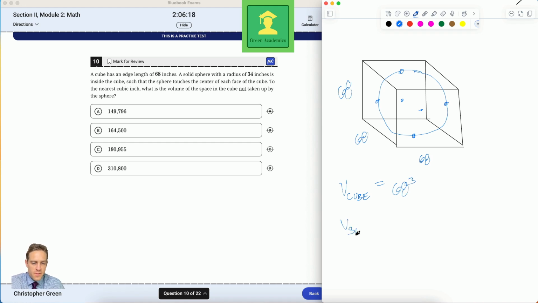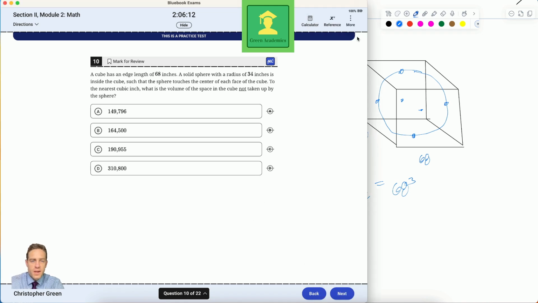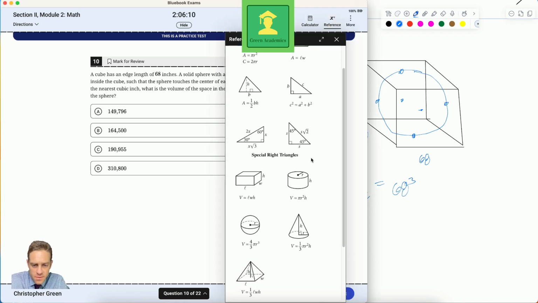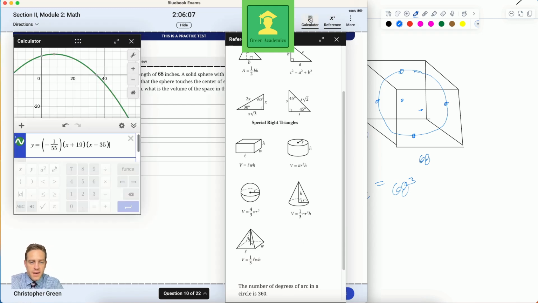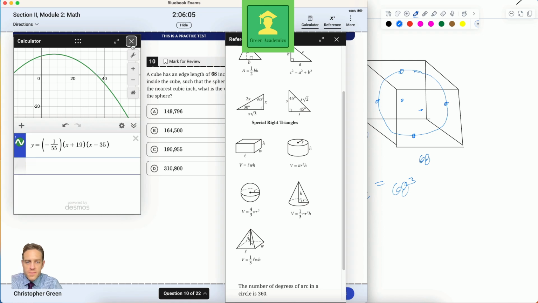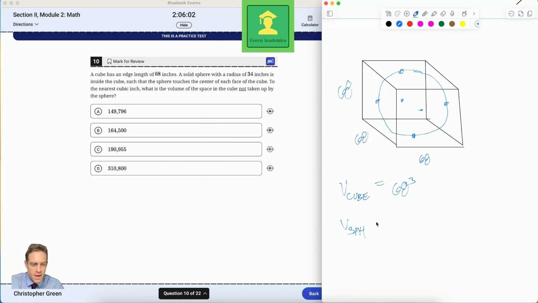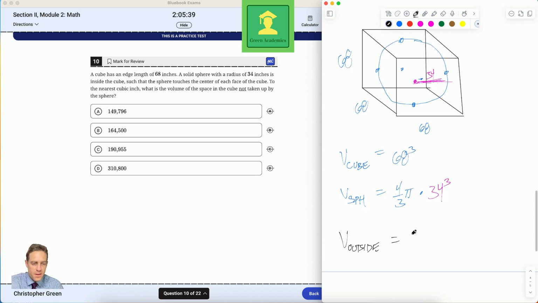Now the volume of a sphere, it tells you in the reference sheet. So the formula for the volume of a sphere is 4/3 pi times radius cubed. So if I think of this as 4/3 pi times the radius, but of course the radius of the sphere is half the edge length of the cube. So the radius is 34. So this goes here. And then the answer to the volume outside is, of course, just the cube minus the sphere,